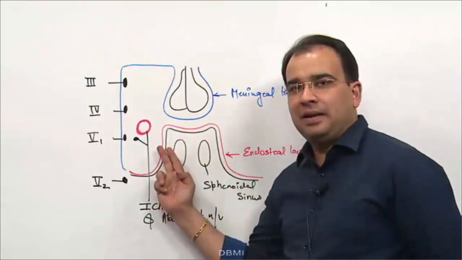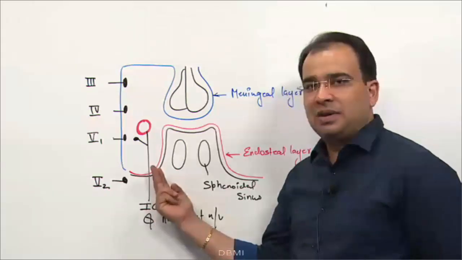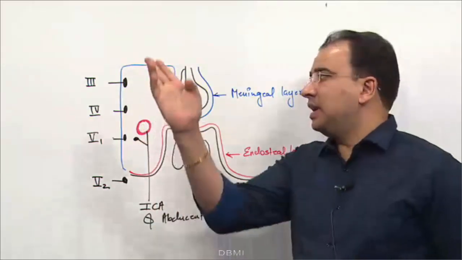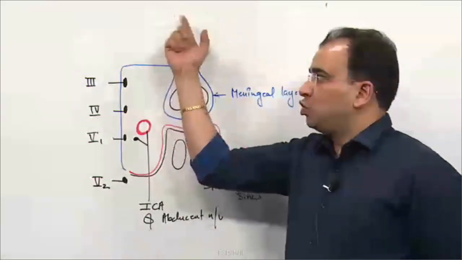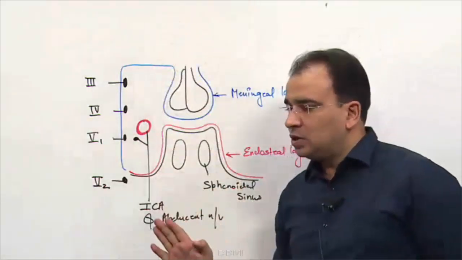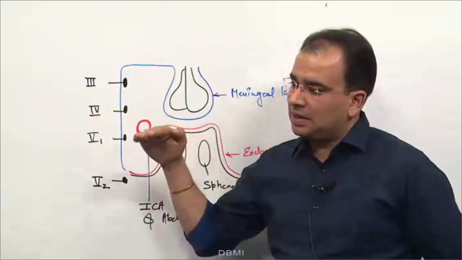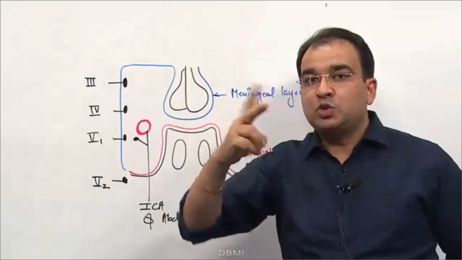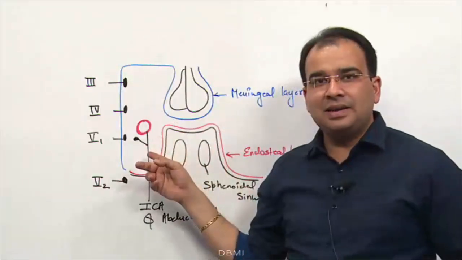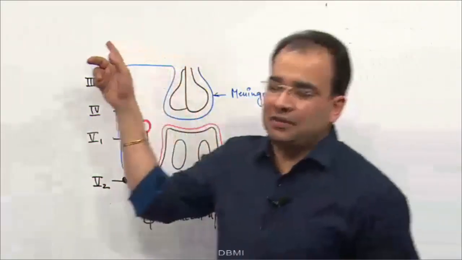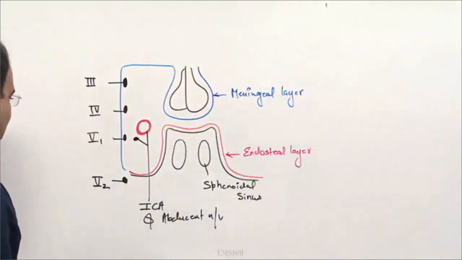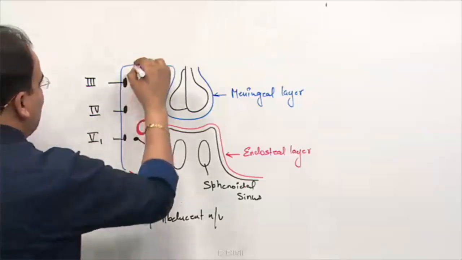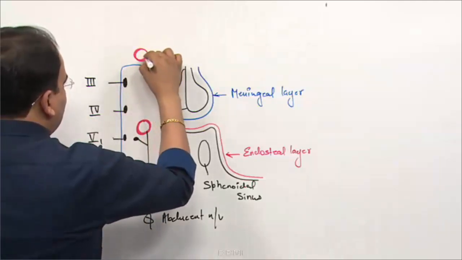artery comes out from the foramen lacerum here. It goes inside the cavernous sinus, makes a carotid siphon, and goes above to contribute to the circle of Willis. So you will see the internal carotid artery twice, once inside the cavernous sinus, and then above the cavernous sinus. So again, when you talk about the relations outside the wall of the cavernous sinus, one is the internal carotid artery